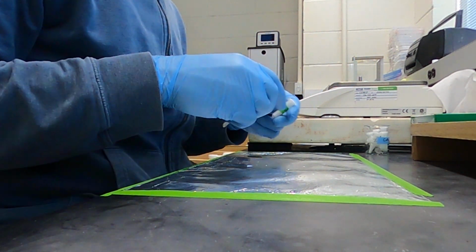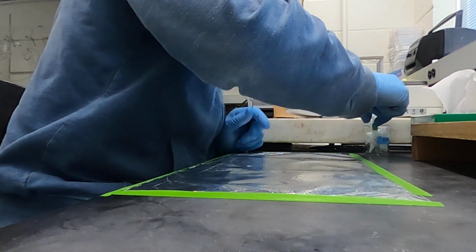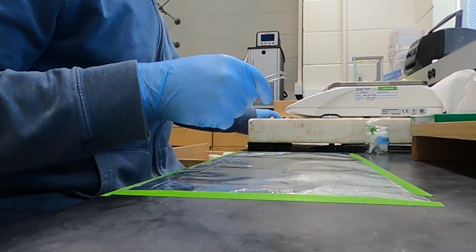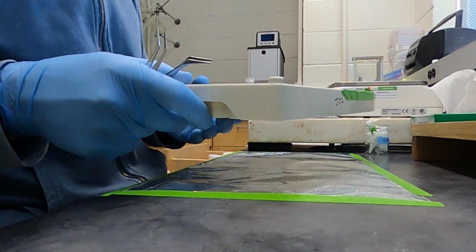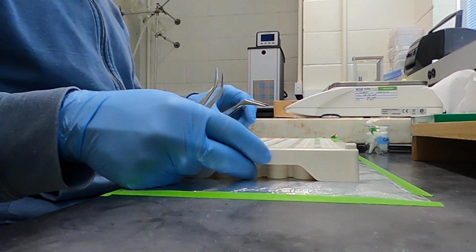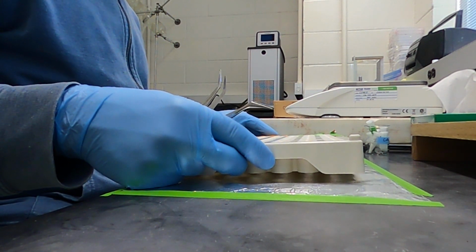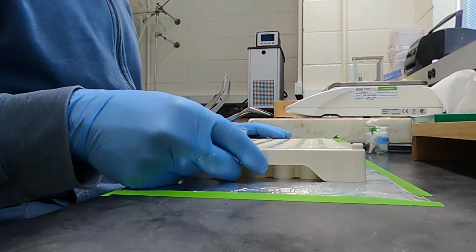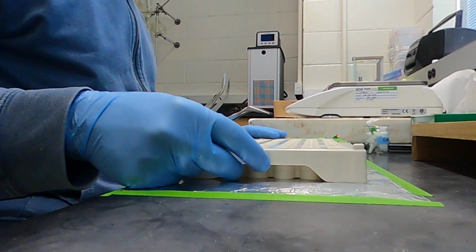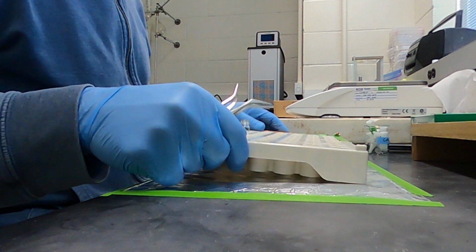Hello. So what we're doing today is we are getting ready a tray for analyzing carbonates. So we're gonna analyze the C13 and delta weighting of carbonates. In the samples we want to analyze, there are ostracods, which are tiny little animals, in